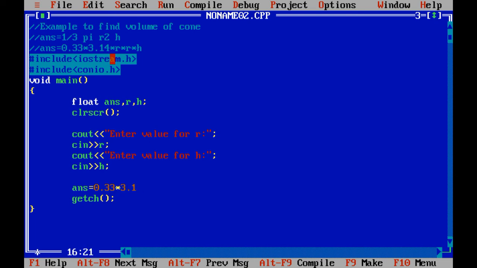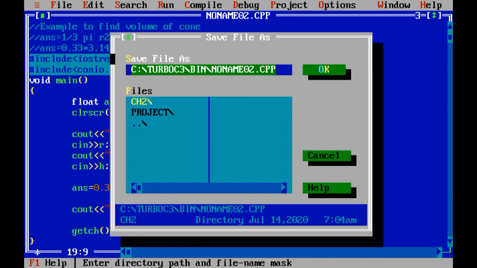See here, you can see it is very simple. Before writing the program, once you simplify the formula, then cout backslash n volume of cone is and variable answer. I hope this is very easy for you to understand. Right? Now let us save the given program, that is our 9th program. So I am giving p9.cpp.